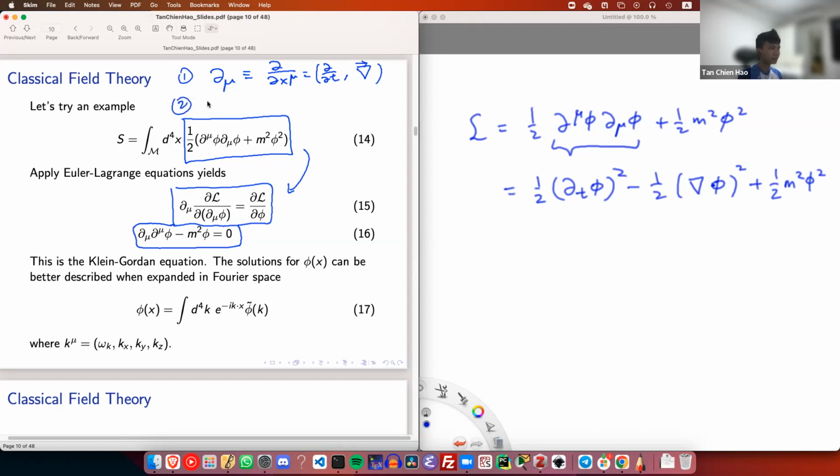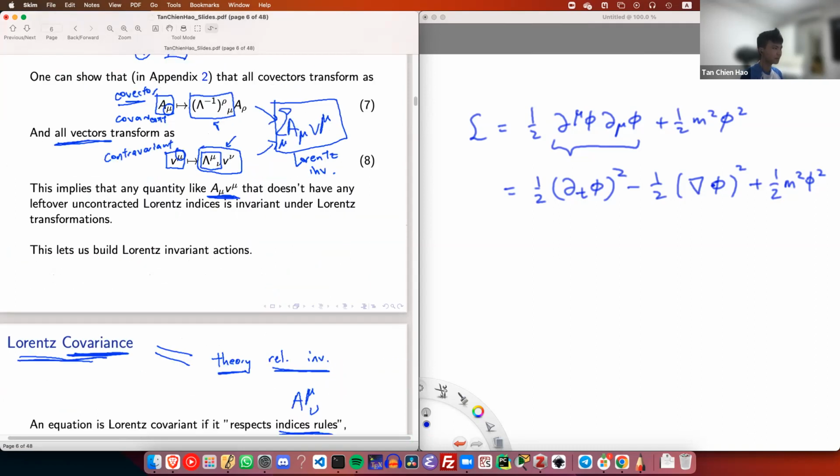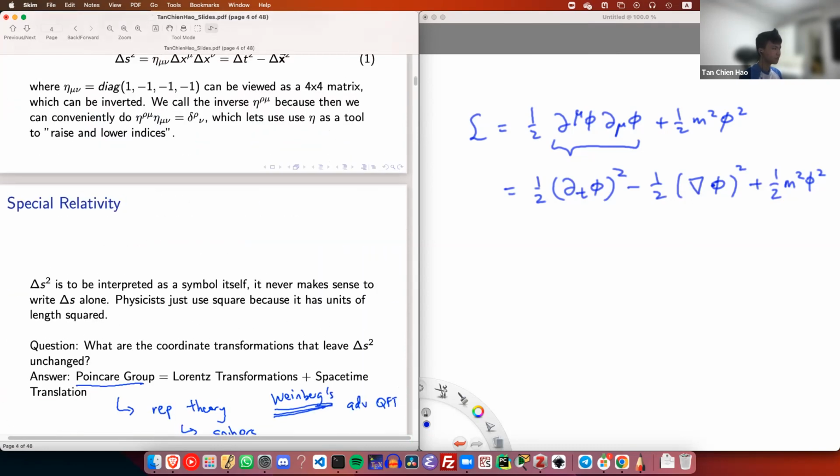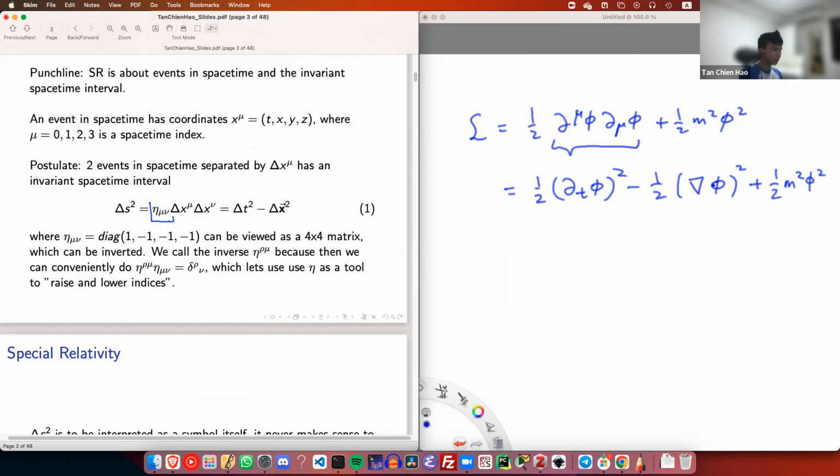So for the upper index, it goes back to special relativity, where over here we have the metric. The metric is a diagonal 1, minus 1, minus 1, minus 1. Then the inverse metric is also diagonal. So this is the metric. If we take the inverse of this, we actually get the same thing, only for this metric choice. And this metric basically allows us to